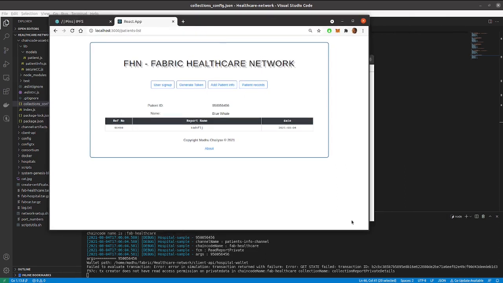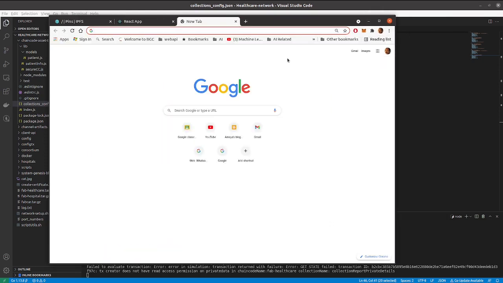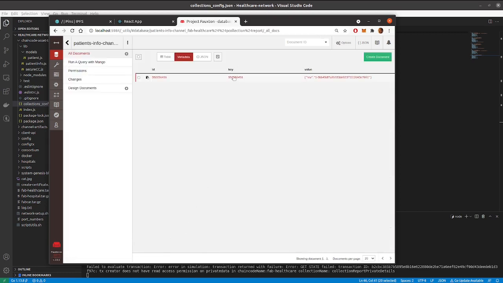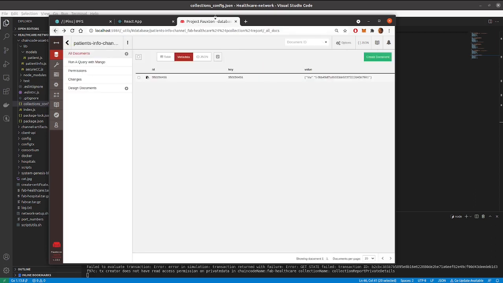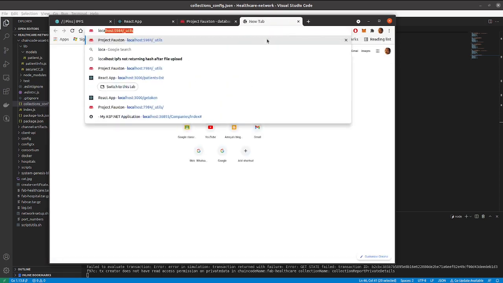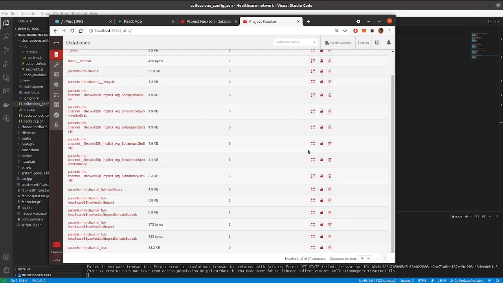And if you want to see the data in CouchDB, this is the public collection, report name, report number. So this is for the hospital, and if I open that for the pharmacy, there will be private data also available, the private collection.